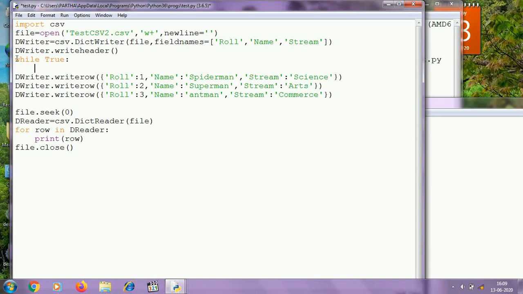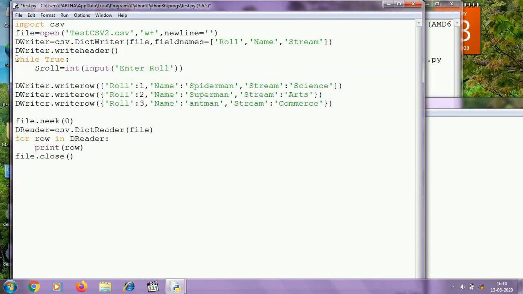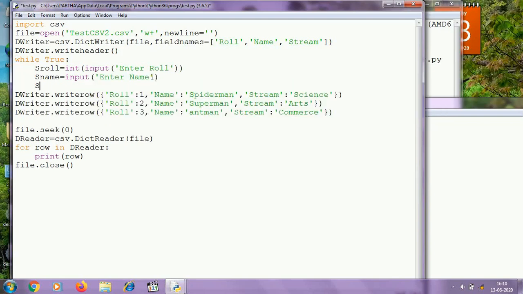For example, sRole is the variable in which I am storing the roll number, then sname for name, sStream for stream.